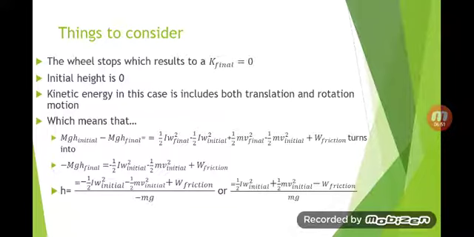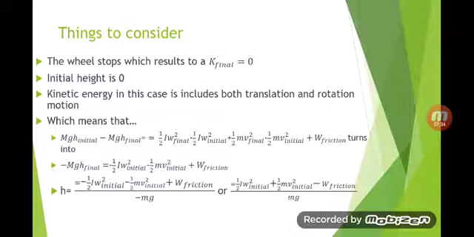Kinetic energy in this case includes both translational and rotational energy, as I said, which means that mgh initial minus mgh final is equal to 1/2 Iω² final minus 1/2 Iω² initial plus 1/2 mv² final minus 1/2 mv² initial plus work done by friction, which turns into negative mgh final, because h is equal to 0 at mgh initial, because the reference point is the point where it initially fell off. So you have negative mgh final is equal to negative 1/2 Iω² initial minus 1/2 mv² initial plus